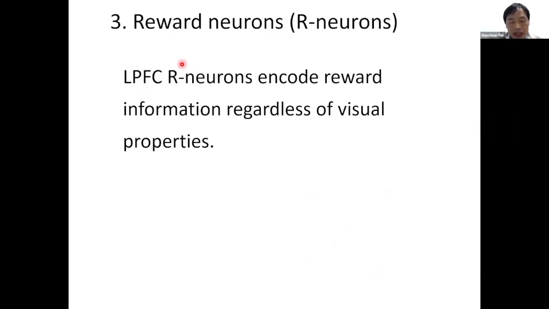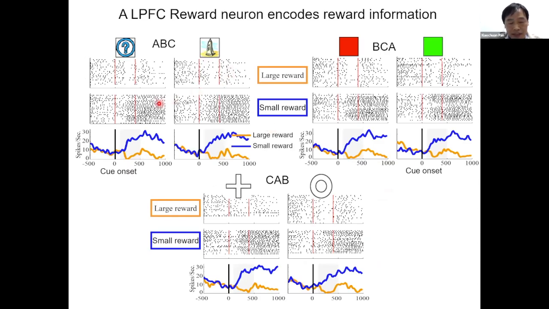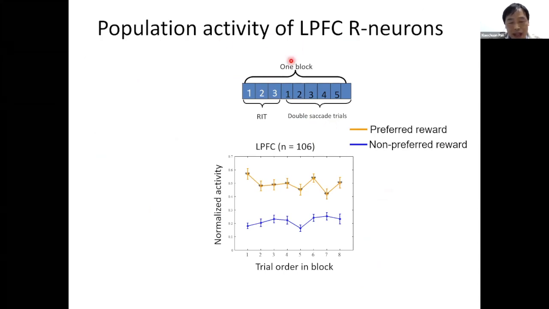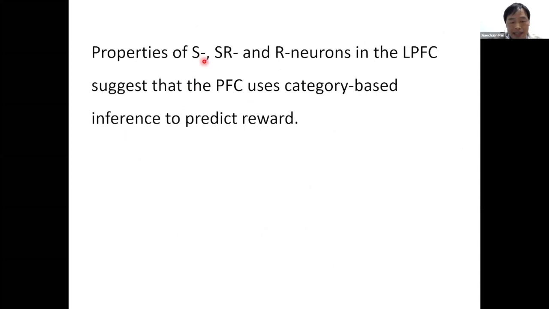The R neuron may include reward information regardless of visual property. For example, this R neuron showed a very similar activity pattern to all of these 6 stimuli. From the population level, R neurons can discriminate the preferred from the non-preferred reward condition from the first trial after the reward instruction in one block. It means that C1 is rewarded, indicating A1 is also rewarded. The properties of SR and R neurons in the PFC may suggest that the PFC uses category-based inference to predict